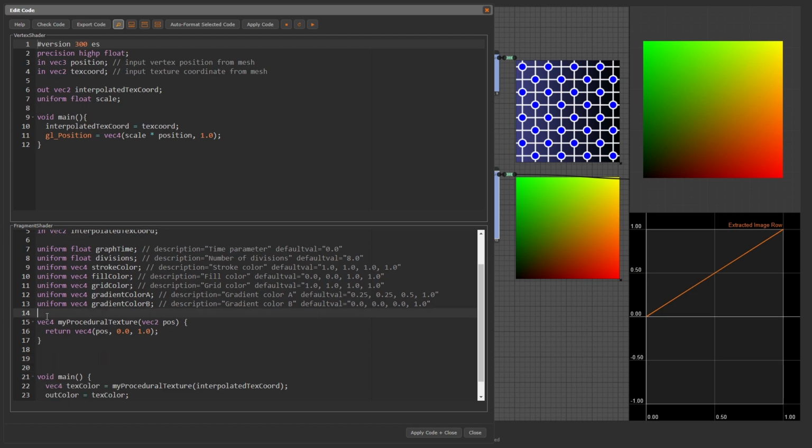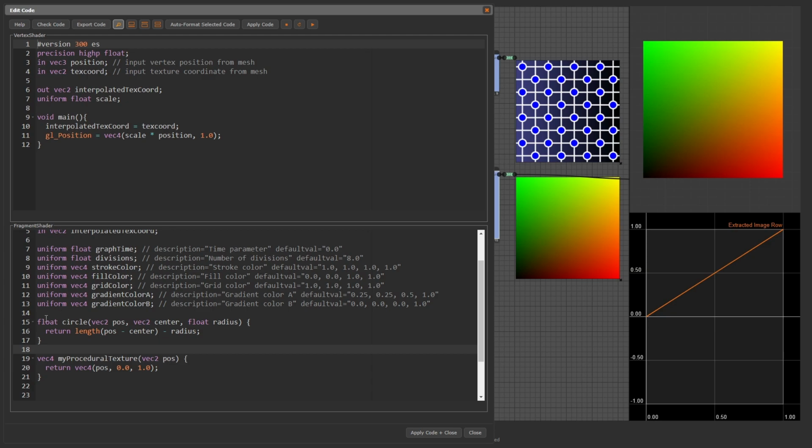We create an SDF of a circle with center 0.5, 0.5 and radius 0.25. Float circleSDF equals circle(pos, vec2(0.5, 0.5), 0.25).